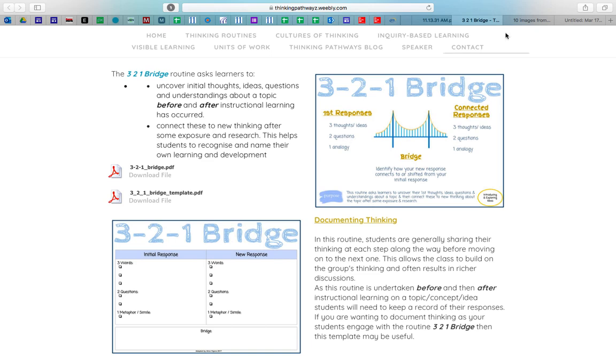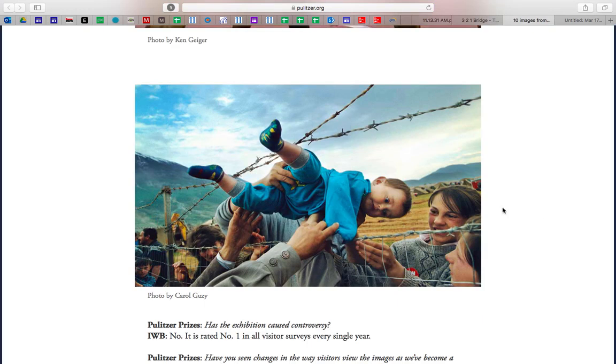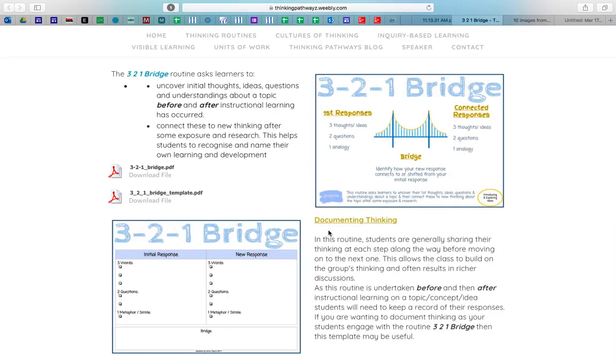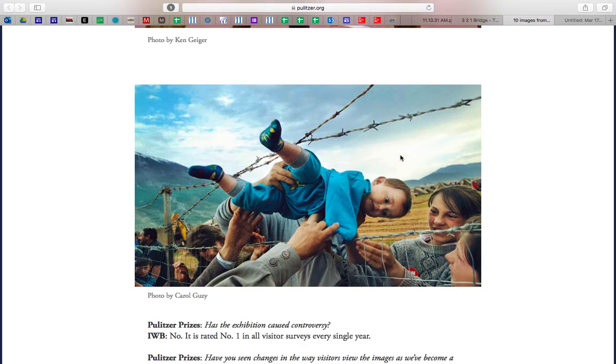And on Tuesday, I might ask, what are 2 questions that you have about what's going on? Like, look at your facial cues, body language, look at the tents in the background, even the mountainous region. What are the questions that come to mind? And then finally, instead of overly emphasizing answers, I like to overly emphasize questions or analogies and similes. And so in this case, the one piece of the 3-2-1 bridge is 1 metaphor or 1 simile. So after the students have given me 3 observations, asked 2 questions, and then of course they're having discussions about these on Monday and Tuesday,